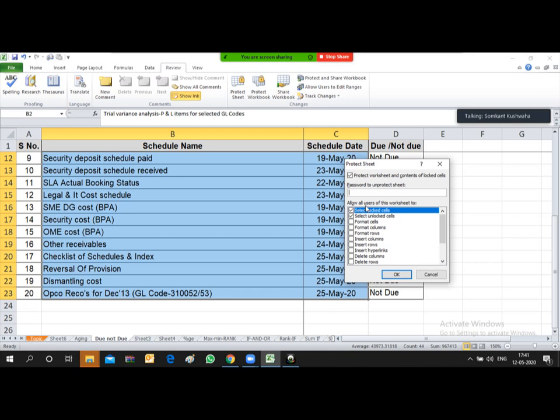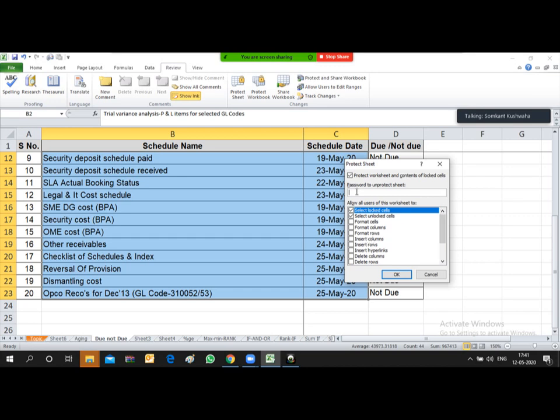It is showing allow all users of the worksheet to format cells, format columns, format rows, insert columns, insert rows. Whatever function I allow, the user can avail that facility, to insert a column or whatever function I am allowing him.